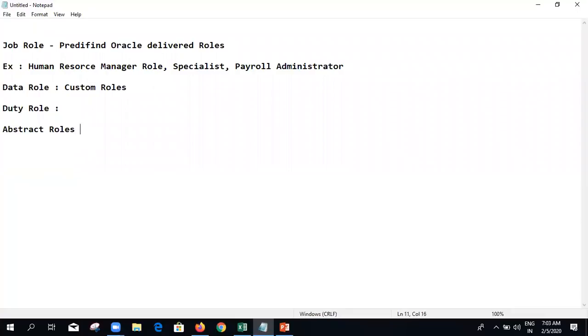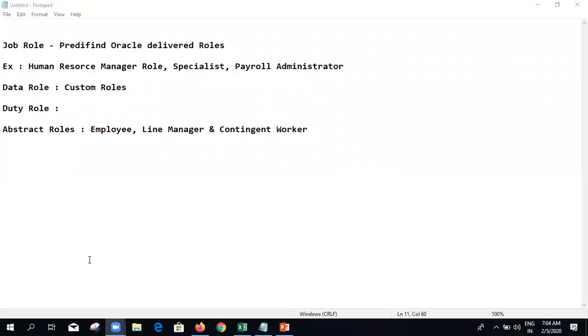And then abstract roles. We have three types of abstract roles in the system: employee, line manager, and contingent worker. These are predefined by Oracle itself, and we do not need to create any abstract roles.